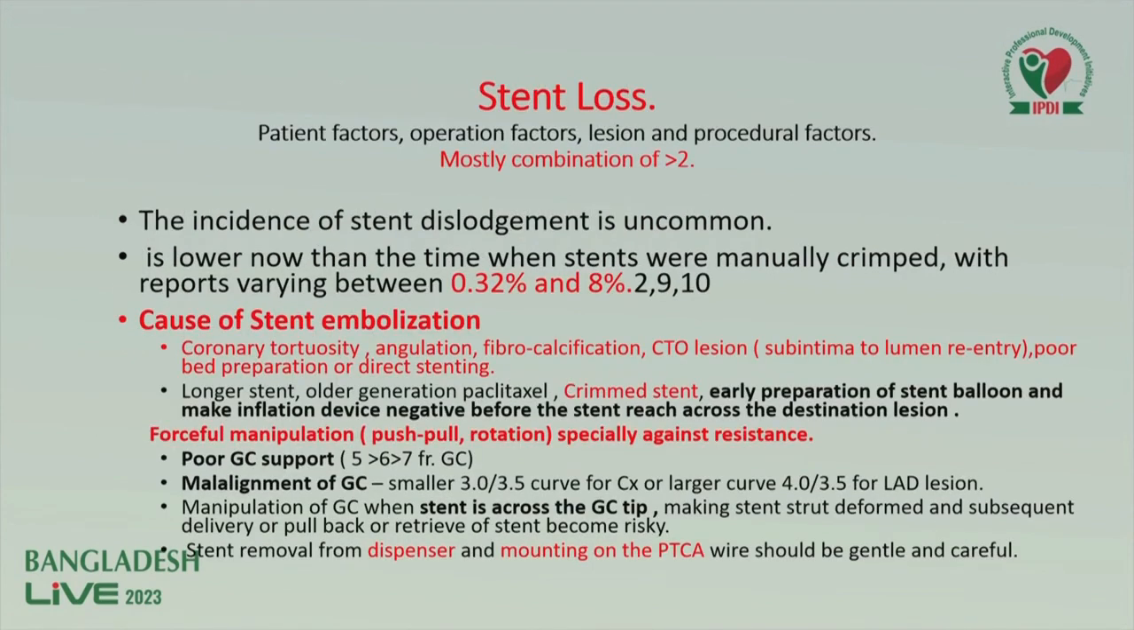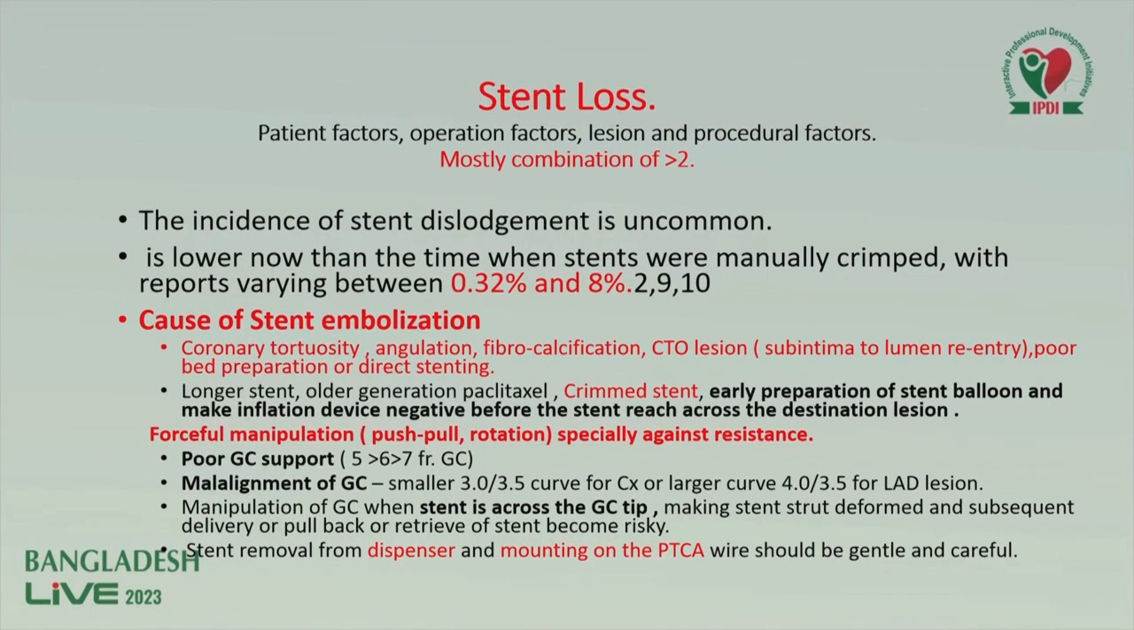Multiple factors are related to stent loss. They may be patient factors, operator factors, lesion factors and procedure factors as well. Mostly the contributing factors are at least two. More commonly, when a stent is lost or embolized, there is coronary tortuosity, angulation, fibrocalcification, or a CTO lesion that is not well